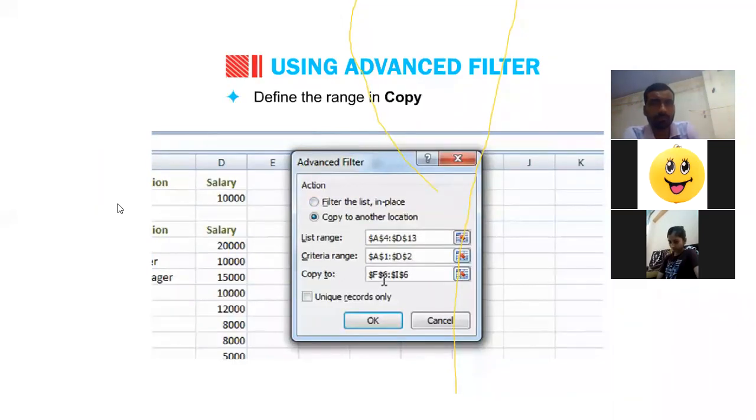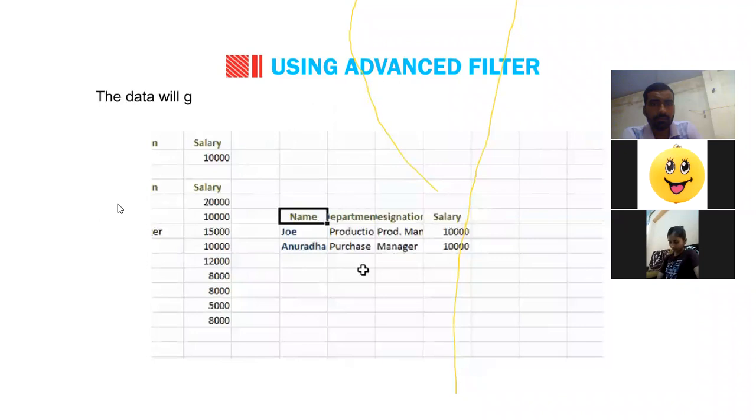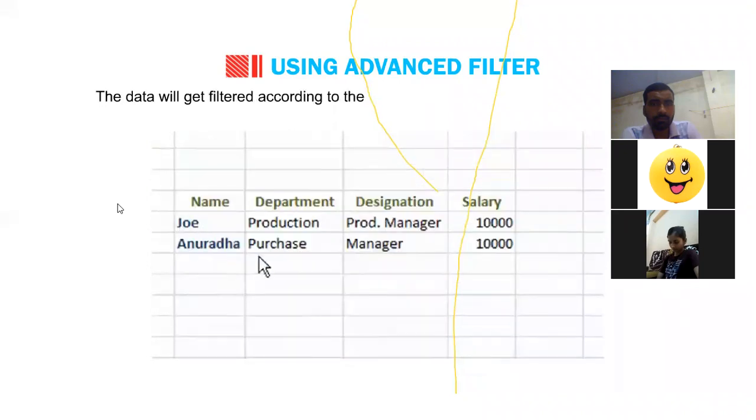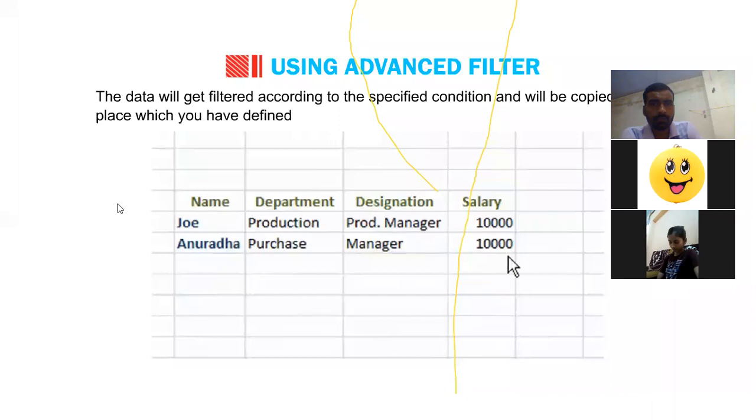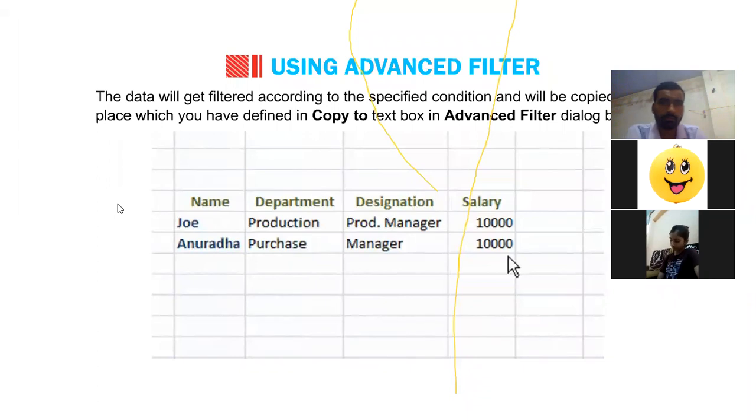Define the range to copy to, $F$6 to $I$6. Click on OK. The data will get filtered according to the specified condition and will be copied in the place which you have defined in the Copy to text box in the Advanced Filter dialog box.